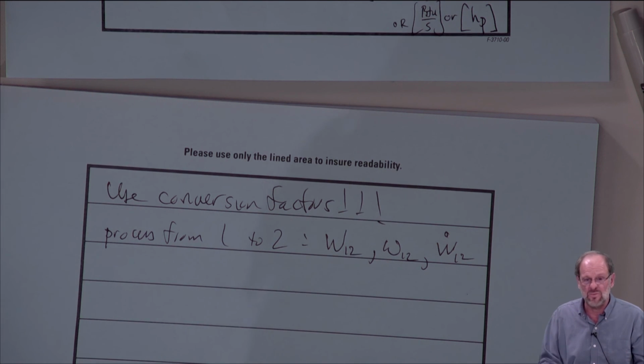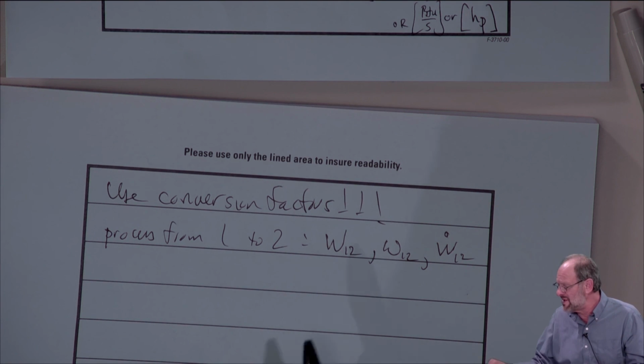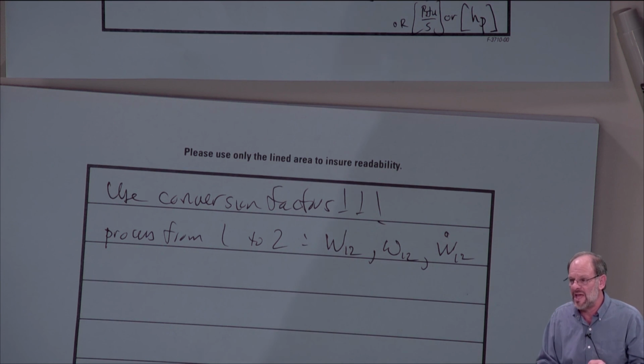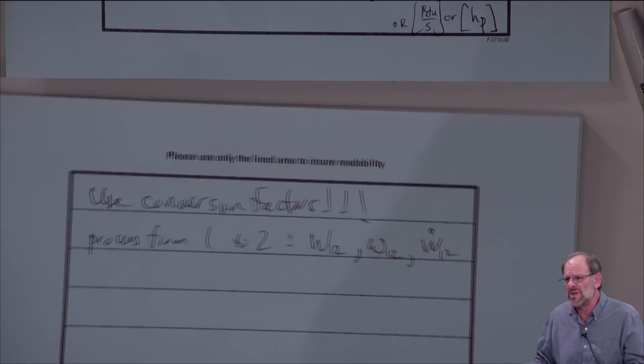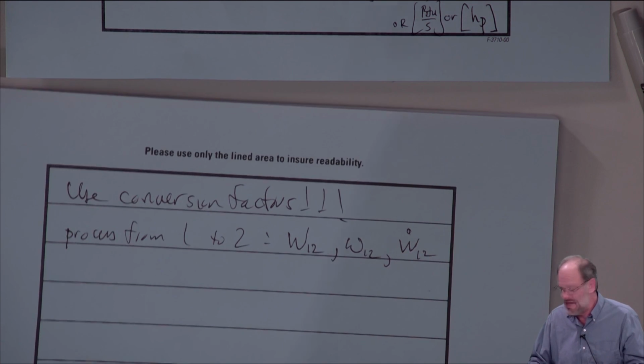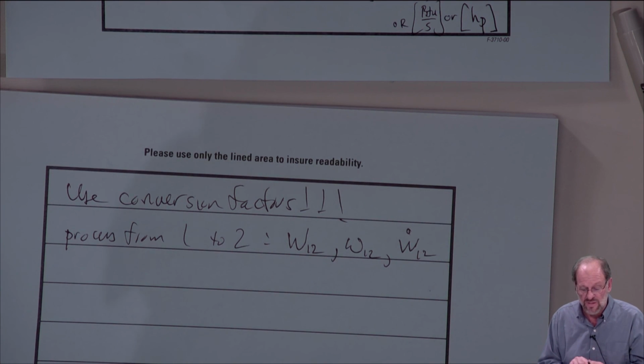Maybe I'll give you a problem where you start at point A and end at point B, right? Well, then you'll use the subscripts A and B instead of 1s and 2s. The point is, use whatever subscripts are applicable to the problem at hand. I'm not just going to make up numbers here. Typically, it's going to be a 1 and a 2, but it may not always be. So, yeah, don't worry so much about that. Just be aware that we may have different sets of subscripts.